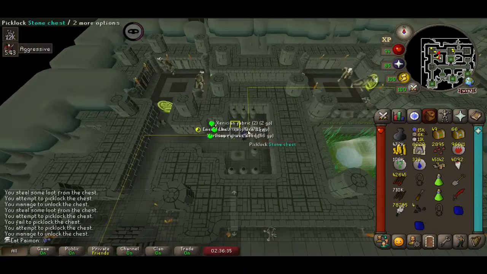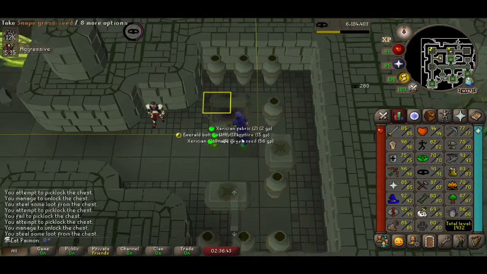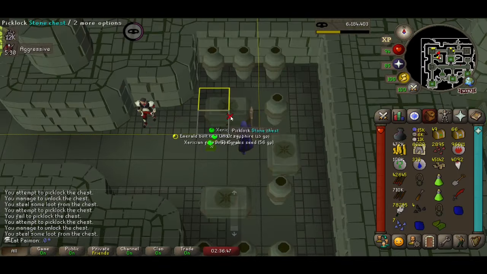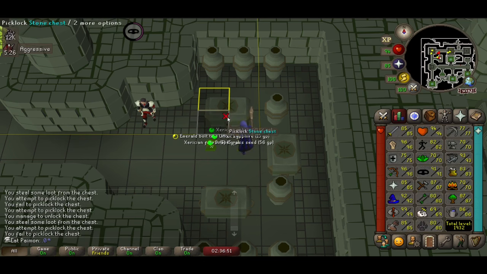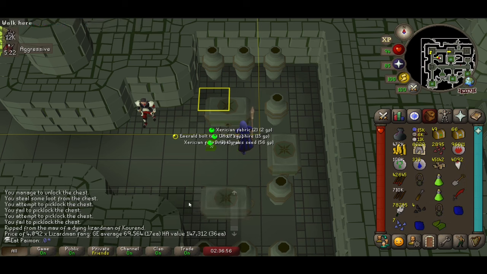So I am here locking the stone chest in the Lizardman Temple area, in part to get these Lizardman Fangs, which are pretty worthless. I think they cost almost nothing on the Grand Exchange. Yeah, 36 each,